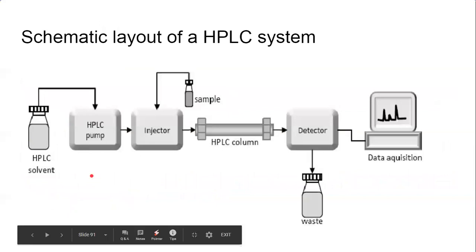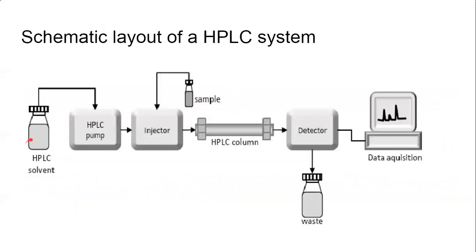Next, this is the schematic diagram of our HPLC. This is the mobile phase chamber. Here you can use one solvent, or you can use a gradient of different solvents. Gradient means first we pass non-polar solvent, then a bit polar, then more polar, one by one, from non-polar to polar. So different solvents can be passed through this chamber. This is generally called a solvent gradient.